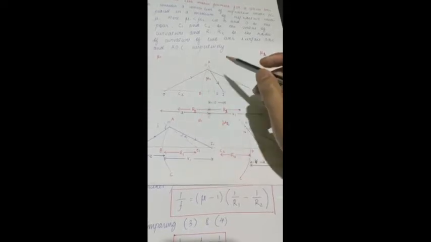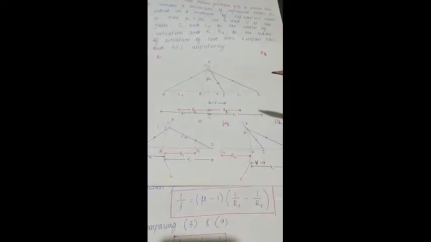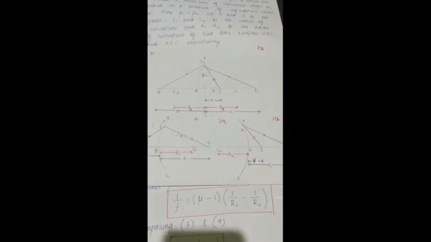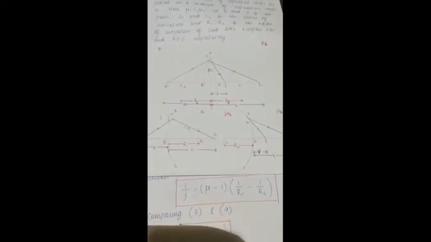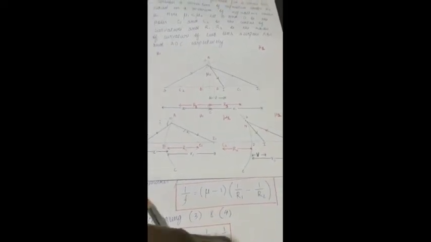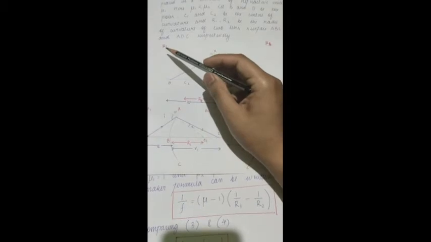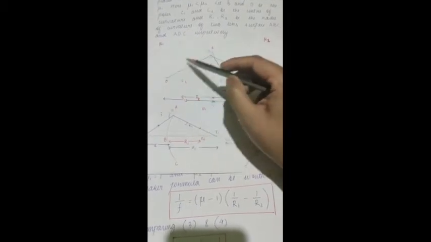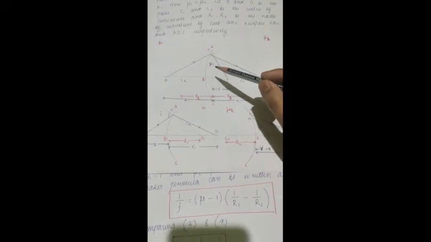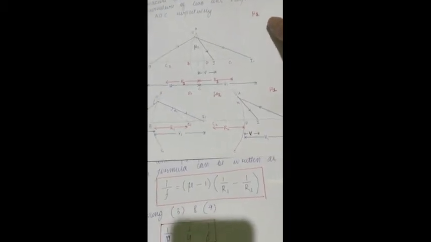Next, refractive index mu is the refractive index of the given medium, where mu1 is the refractive index of the surrounding medium, mu2 is the refractive index of your glass surface. Is it clear? So now